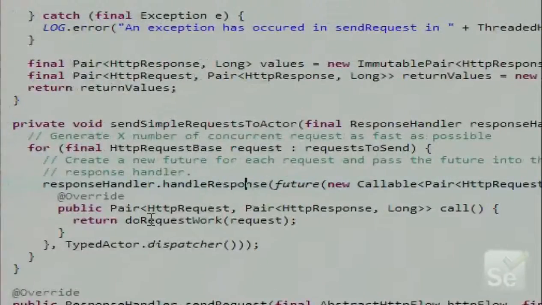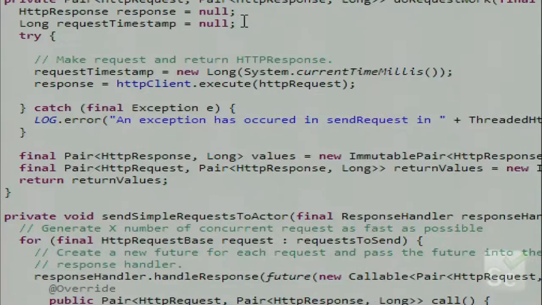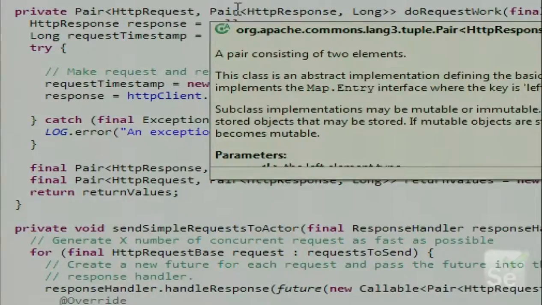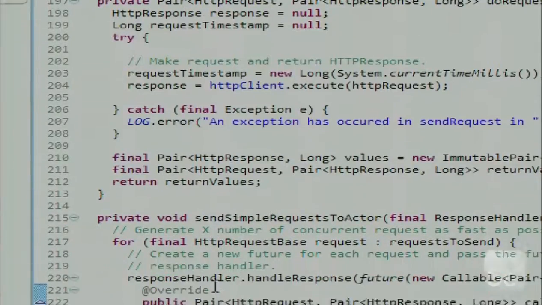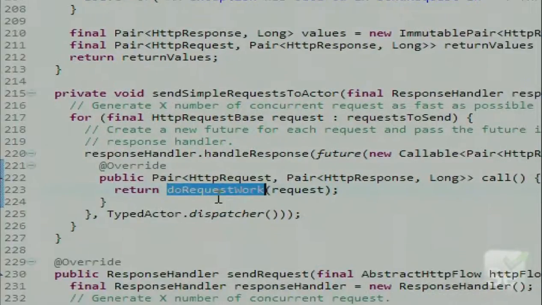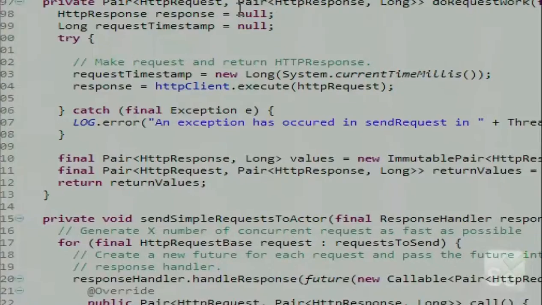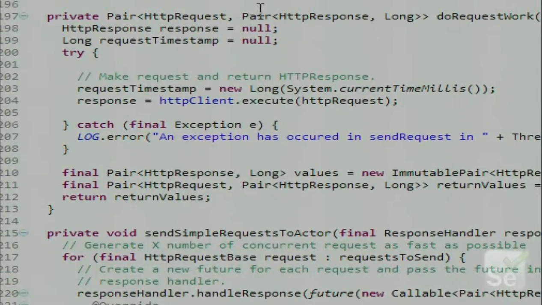So you're basically defining the method that you're going to be putting inside of your future. And I know we're a little bit time constrained here, but you'll notice that this do request work is the thing that is the work that's actually being done, which is right up here. And notice how this method is like super confined. Its only